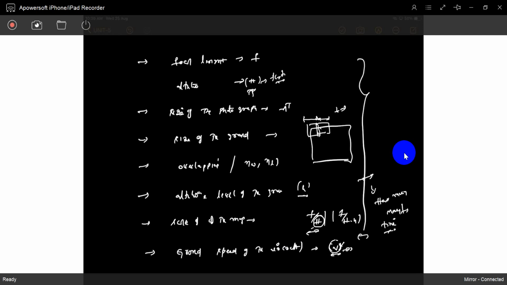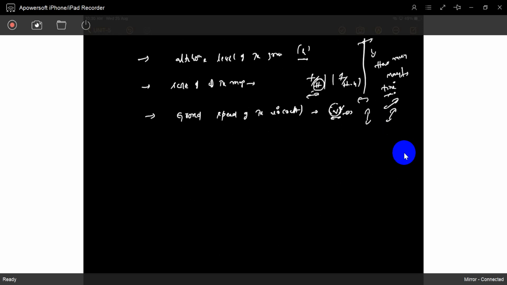Exactly, everything you can find out. Based on that, you feel whether this is feasible or not. That's it. This is the total flight planning. Based on that only, you can start the procedure, you can start the flight planning or not. That's it.